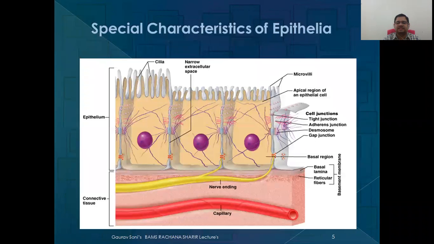So in this diagram they have tried to show everything in this way. You can see the epithelium part and then you can see the connective tissue part. Here you can see there is no blood supply. Blood supply will be taken from here, the nutrition by diffusion. And there is the basal area and the apical area. Certain cilia or microvilli-like structures are also present on the apical cells. Then there are cell junctions which can be of many types, like tight junction, adherens junction, desmosomes or gap junction, which are for different purposes and are found in different places.